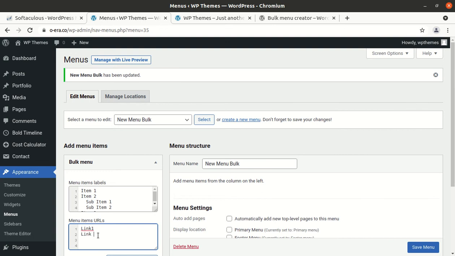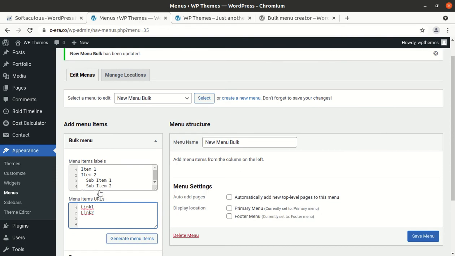This is link 2, and here you don't need to put the spaces, you can simply click on it, and if you leave this space blank, it will be created as a hash.